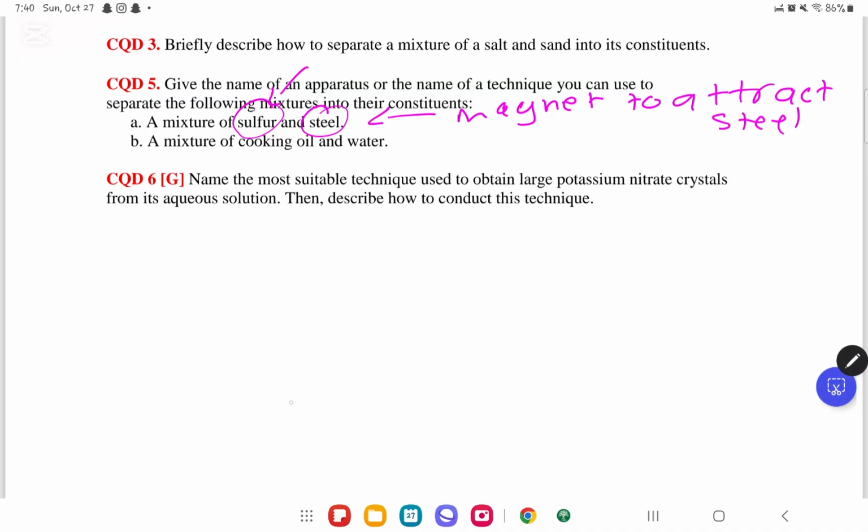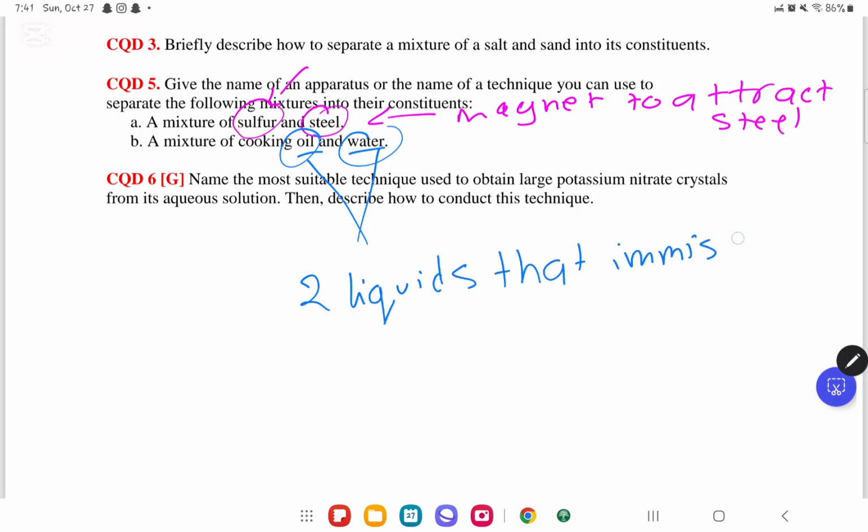Then, the second thing we're going to do is a mixture of cooking oil and water. We know that oil and water do not mix together. So whenever we have two liquids that do not mix together, let me write it by number, two liquids that are immiscible, meaning they do not mix together, okay, you are going to be using a separating funnel,